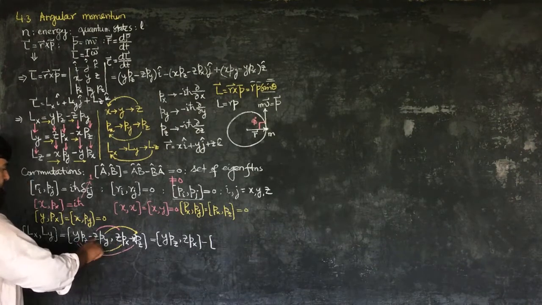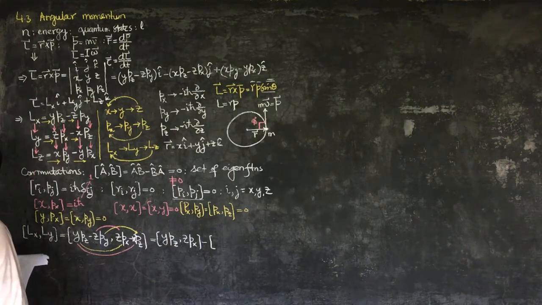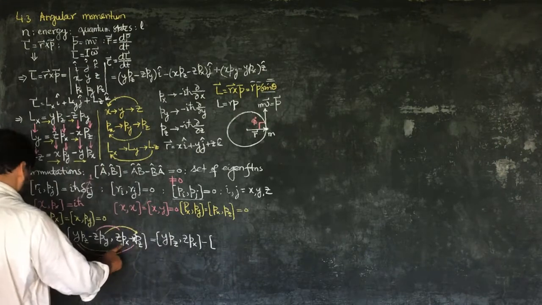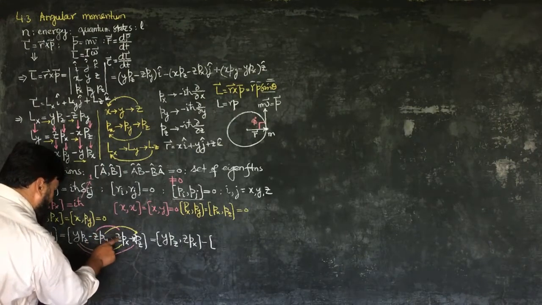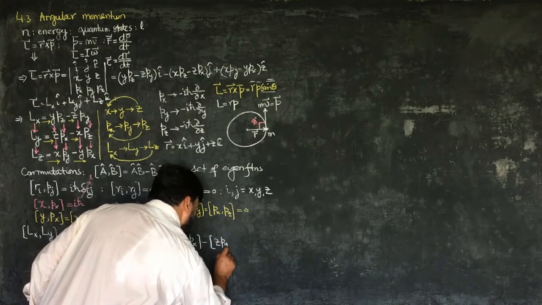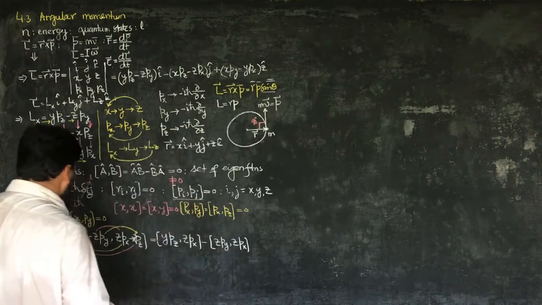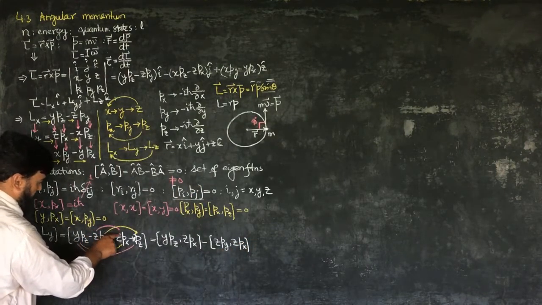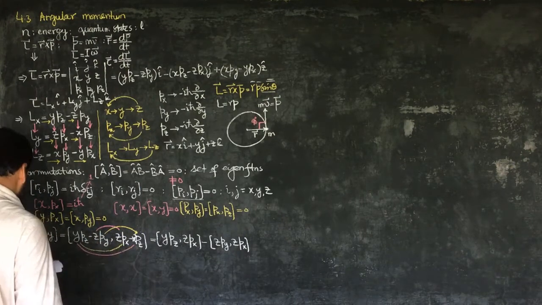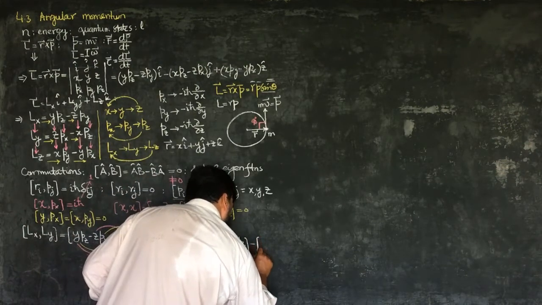Their order shouldn't be jumbled, otherwise they are operators and we will get a wrong result. So this zpy I will do with zpx. So this is zpy with zpx. And then this one with this one, so minus sign will come in, and this is minus,